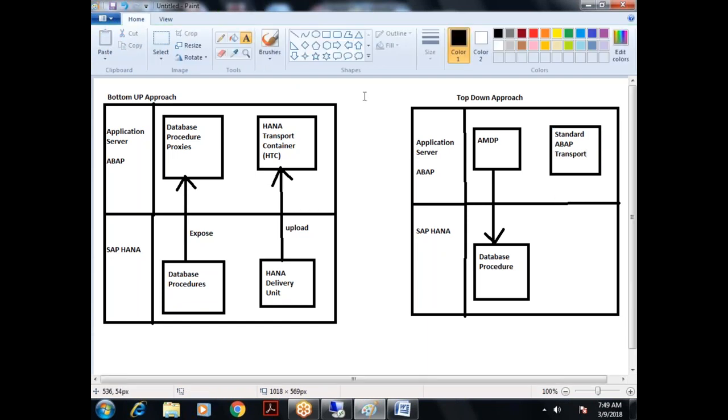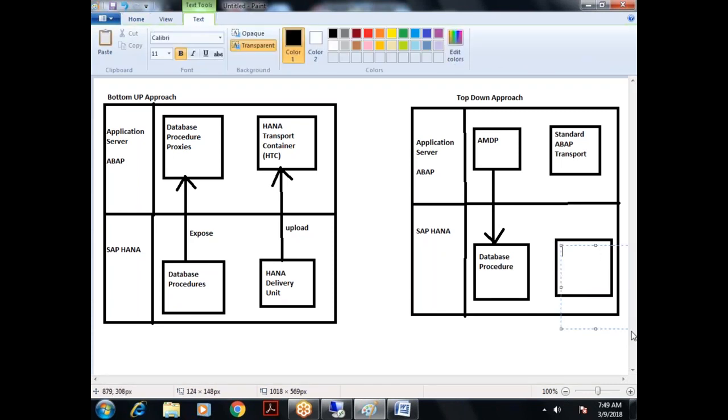Standard ABAP transport. Since we are not touching the HANA database, we don't require anything like a delivery unit. Delivery unit is not required because we are not directly creating that in the HANA database. What is a delivery unit? Forget about that. So what you have to understand is, in case of